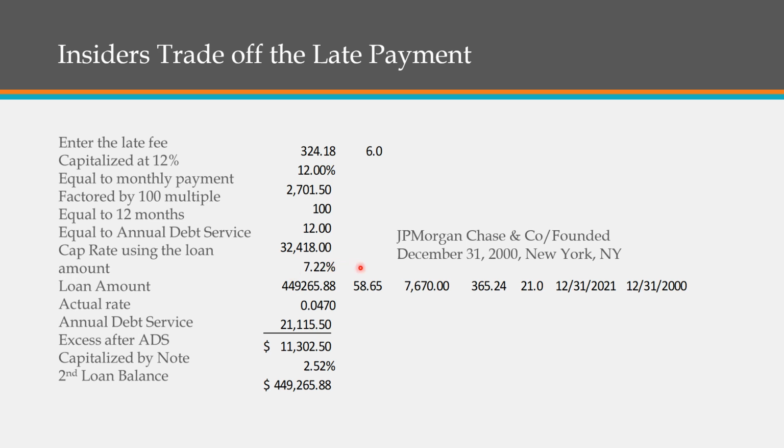If interest were converted into amortization, you'd amortize that loan over 7,670 days, and that times 365.24, divide by 365.24 would give you the number of years. That'd be 21 on the mark, 21 years of payments. That's how long it would take to amortize this. And if I went out to this 12/31/21, the year of the foreclosure, 21 years, that many days would take me back to